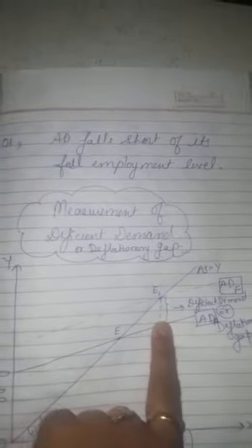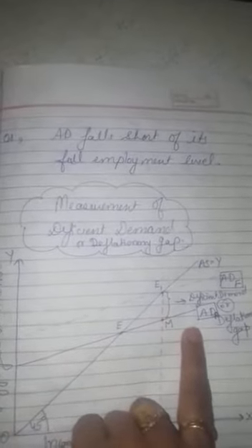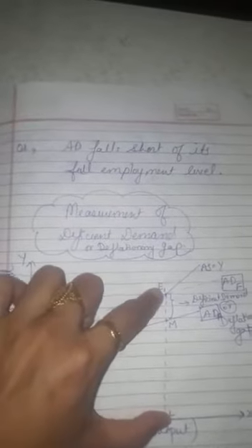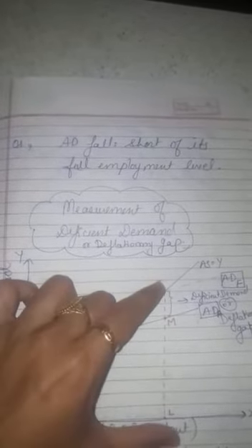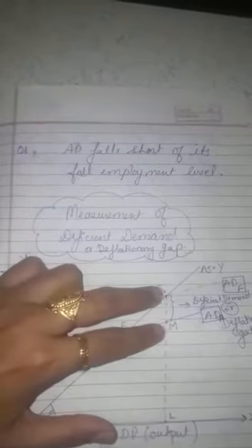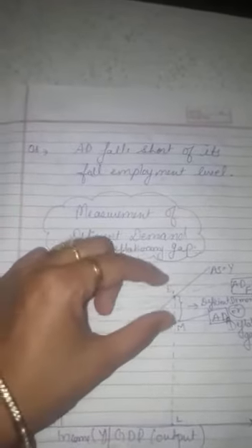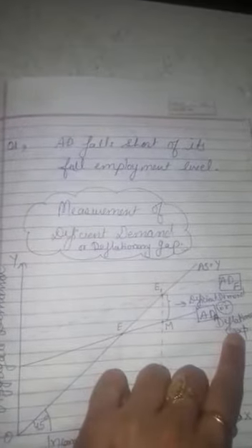Why are we saying this deflationary gap? Because of this deficient demand, a situation of deflation arises in the economy. See it again, we have to show the full employment level, and at that level the aggregate demand which is currently there in the economy is less than the aggregate supply. Here aggregate supply is E1L and aggregate demand is ML. So ML means aggregate demand is less than the aggregate supply, that is E1L. Clear? So the gap between the two refers to the deficient demand, that is E1M. Clear? This gap also shows deflation or deflationary gap.